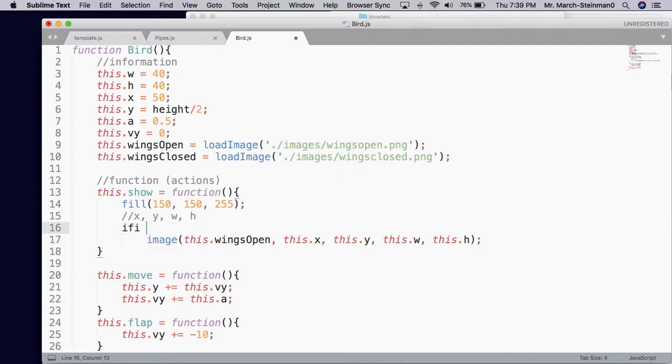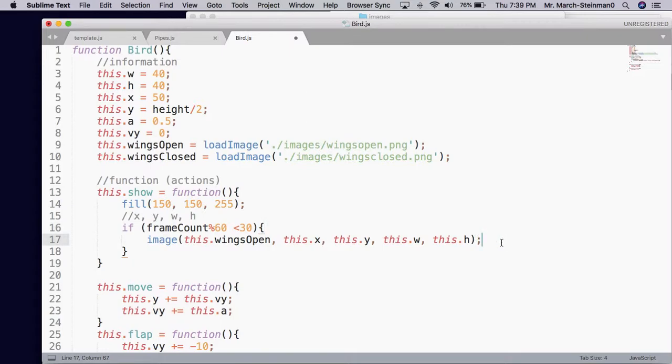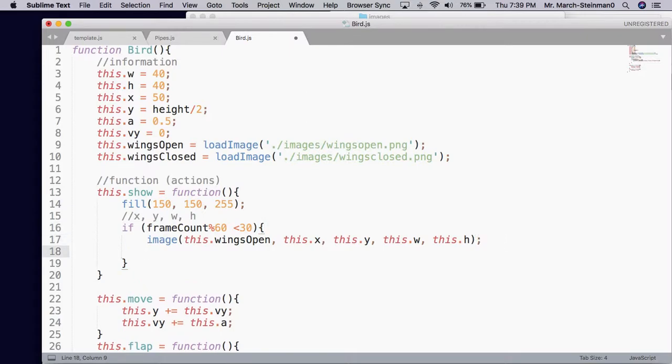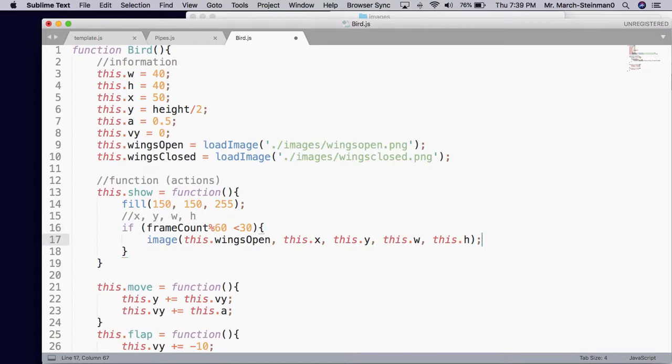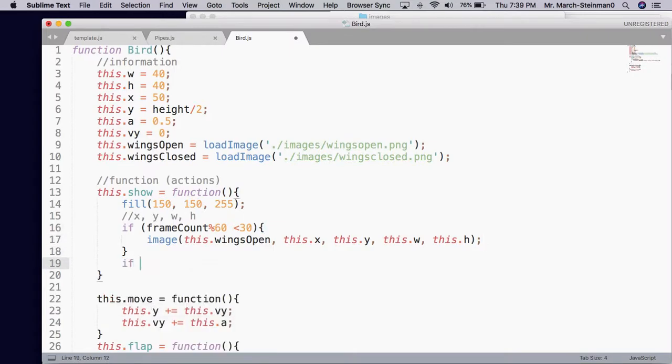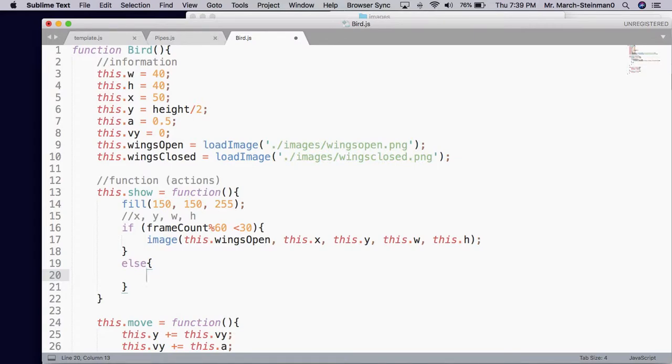The way we can do that is if frame count % 60, or the remainder when divided by 60, is less than 30, we're in the first half of our second. And otherwise, we can just say else here. Else, what do we want to do? Maybe we want to say,